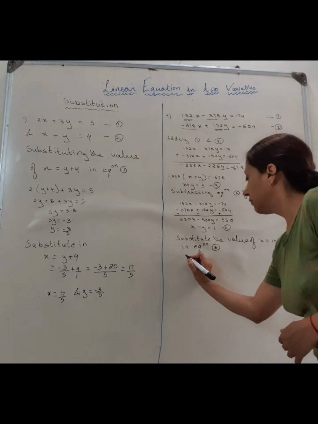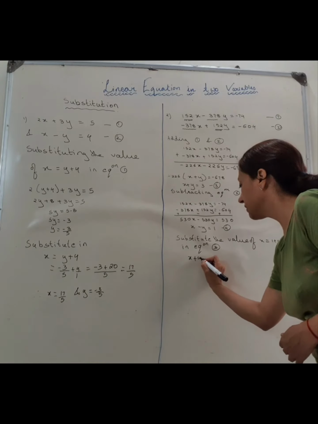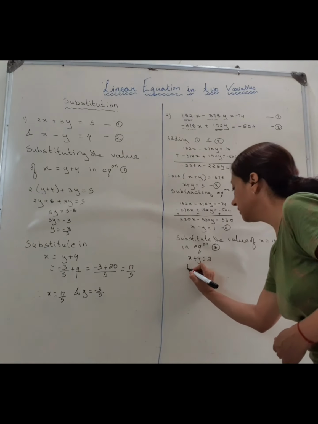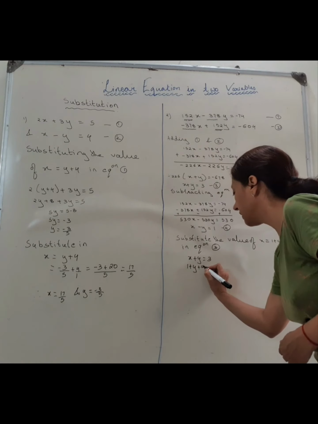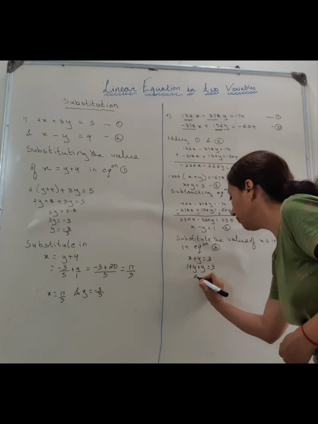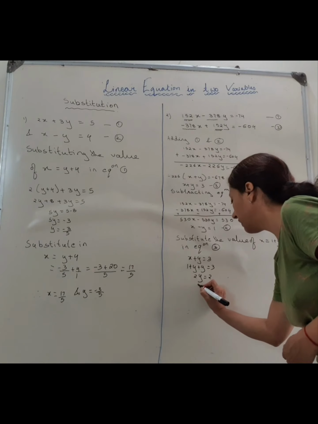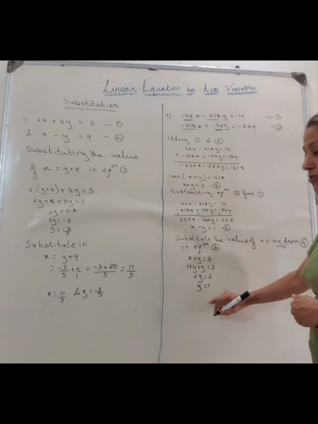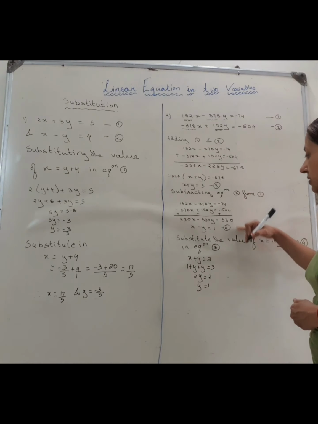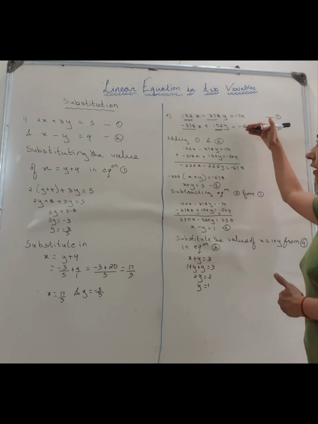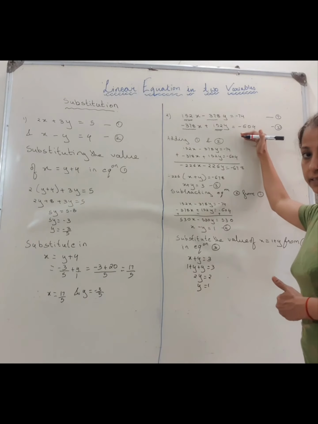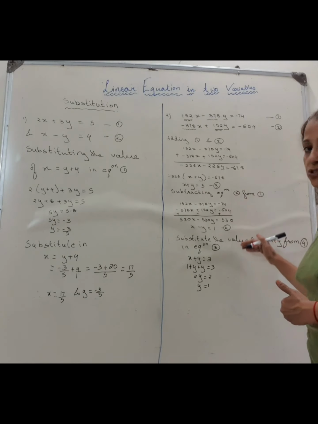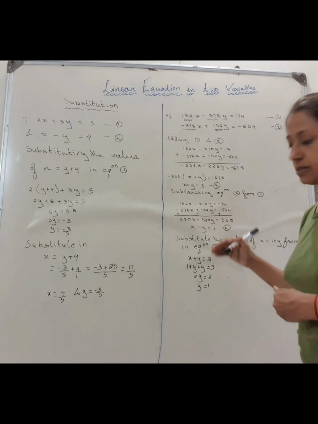What is my equation 3? x plus y is equal to 3. So I am substituting the value of x. So there it will become 1 plus y plus y is equal to 3. So 2y is equal to 2. So the value of y is 1. So I have got the value of y. I can substitute now this in either of the equations 3 and 4. So now you do not need to worry about your first and the second equation. You have to concentrate only on the third and fourth, that is the reduced form where you have reduced it.